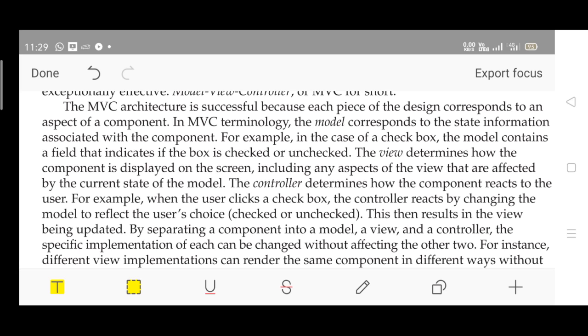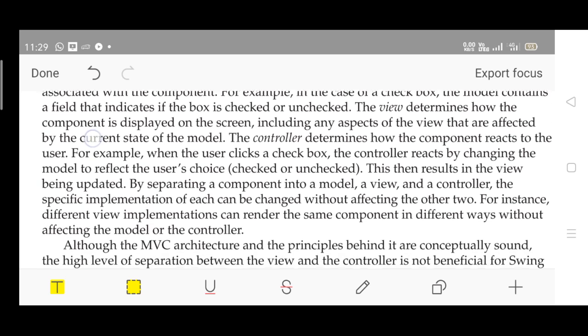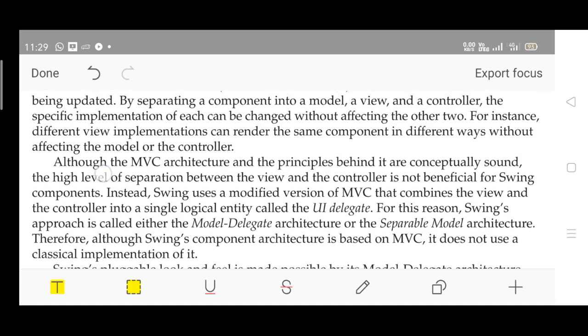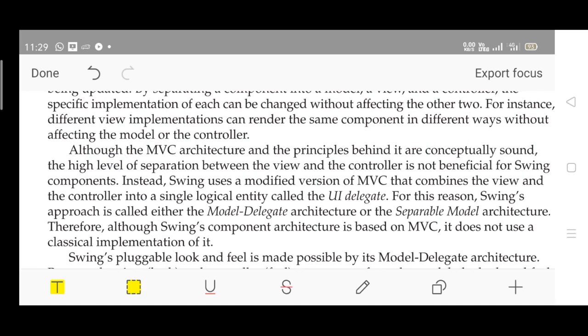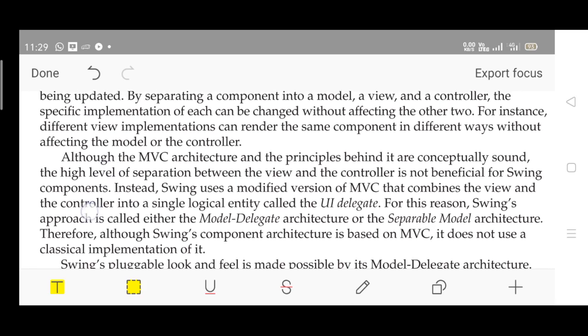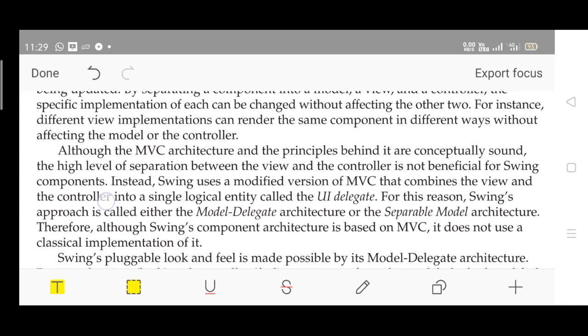Same thing, I have taken the example of the radio button. How does it look? There will be a dot inserted in between. The view is slightly updated, isn't it? Please go through the explanation, guys. Although the MVC architecture and the principles behind it are conceptually sound, the high level of separation between the view and the controller is not